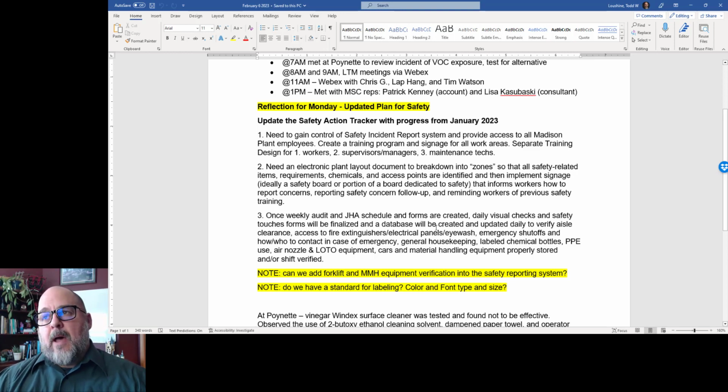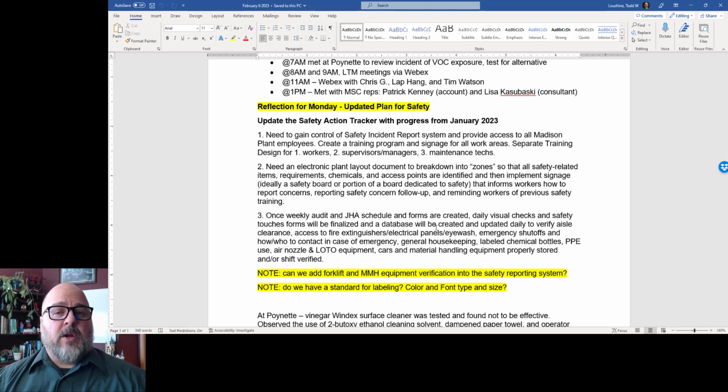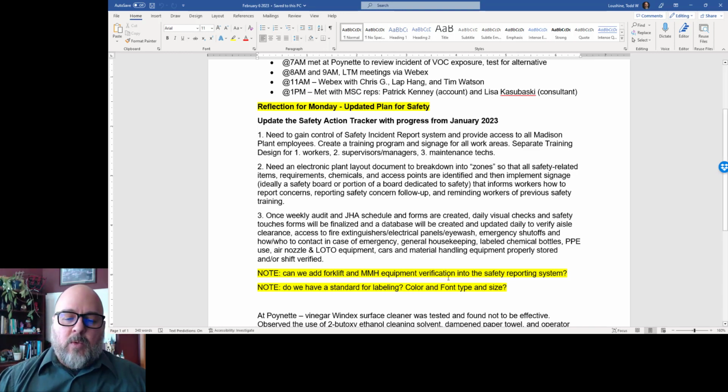In addition to that, I participated in two 5S sessions, audits, in which we did the sorting and cleaning. We still have the other three steps to do, but I was able to go through and create customized HAZCOM labels for all the bottles and stuff. So I got a lot done, and I got to move some eye wash stations to make them more accessible. They're actually helping put things on the floor so that electrical panels aren't being blocked, fire extinguishers aren't being blocked, and in the end that is going to help me out a lot. So I'm glad I got to step aside and work on those things.